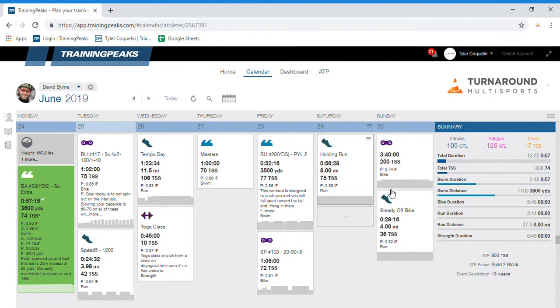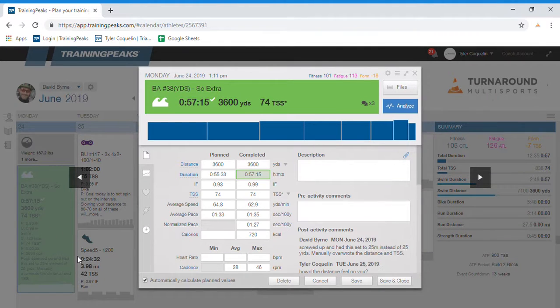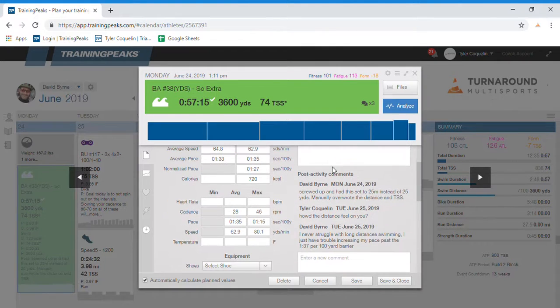All of these workouts up front have not been completed yet, so there's no color associated with them. His swim yesterday has a green color associated with it, and if you click on it, we'll talk about why. First, he has a planned distance of 3,600. He completed 3,600. His time was supposed to be 55 minutes. He completed it in 57, so that is within the 15% error rate, which is where they give you that green color right there. Below, it has some other paces and things that we'll talk about in a minute, but it also has his